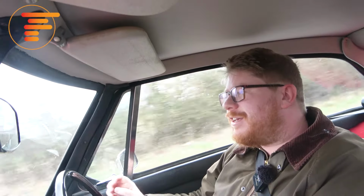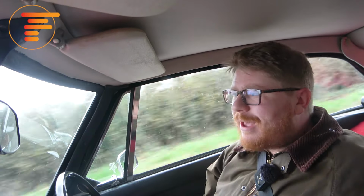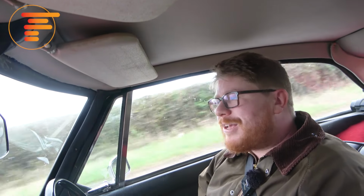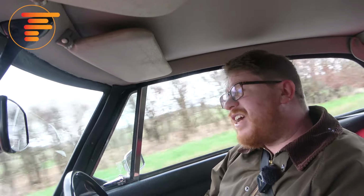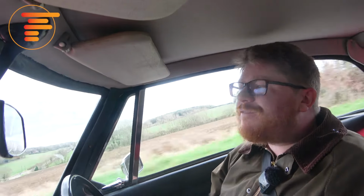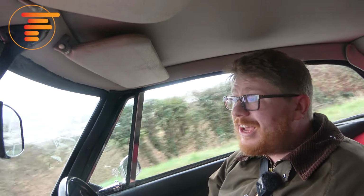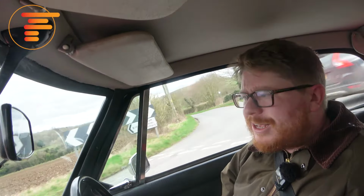But all of those things have been put to bed now. They're for the history books. The MGC can easily be pepped up and modified to keep up with the best of them. That 6-cylinder engine is more than capable of taking 200 brake horsepower very reliably if you need to. But this car is in standard tune and it drives exceptionally well. It's about 50% more power than an MGB, and believe me, it's noticeable. Might not be dramatic, but